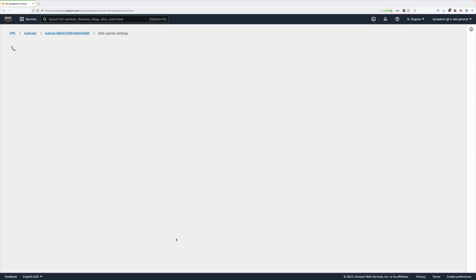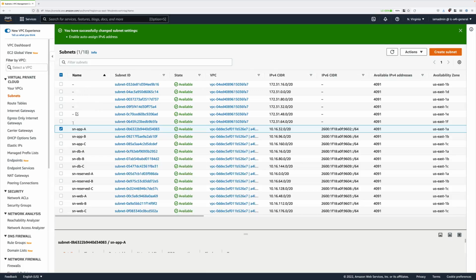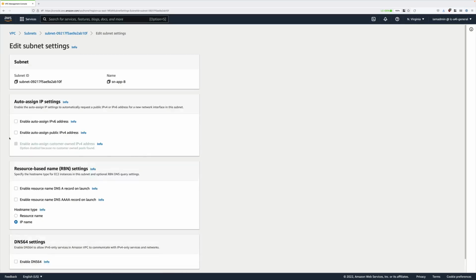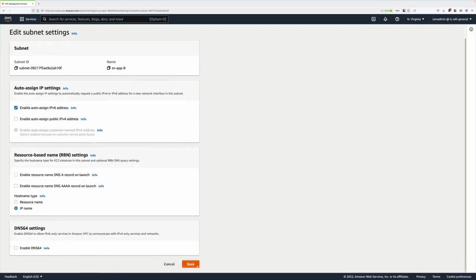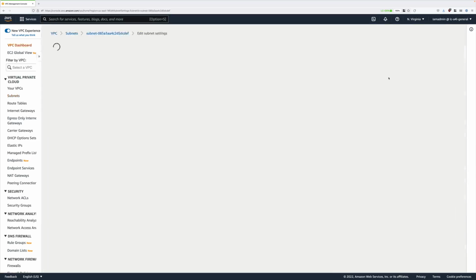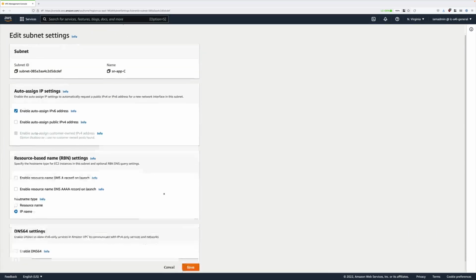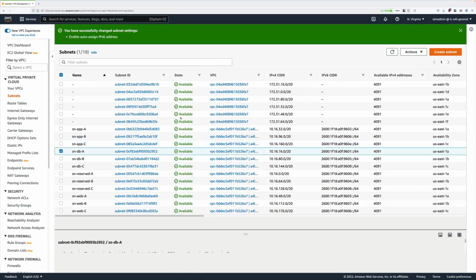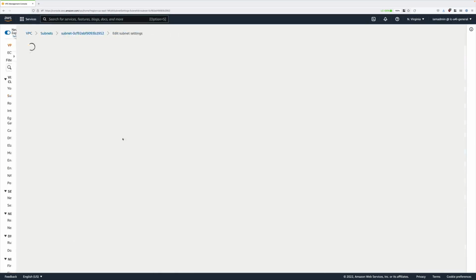So check this box and click on Save, clear the filters, and we need to follow that same process for all of the other subnets that we've created. So app B, Actions, Edit Subnet Settings, Enable for IP version 6, clear the filters again, do the same for application C, Actions, Edit Subnet Settings, and then we're going to follow the same process for all of the other subnets that we've created. So database A, database B,